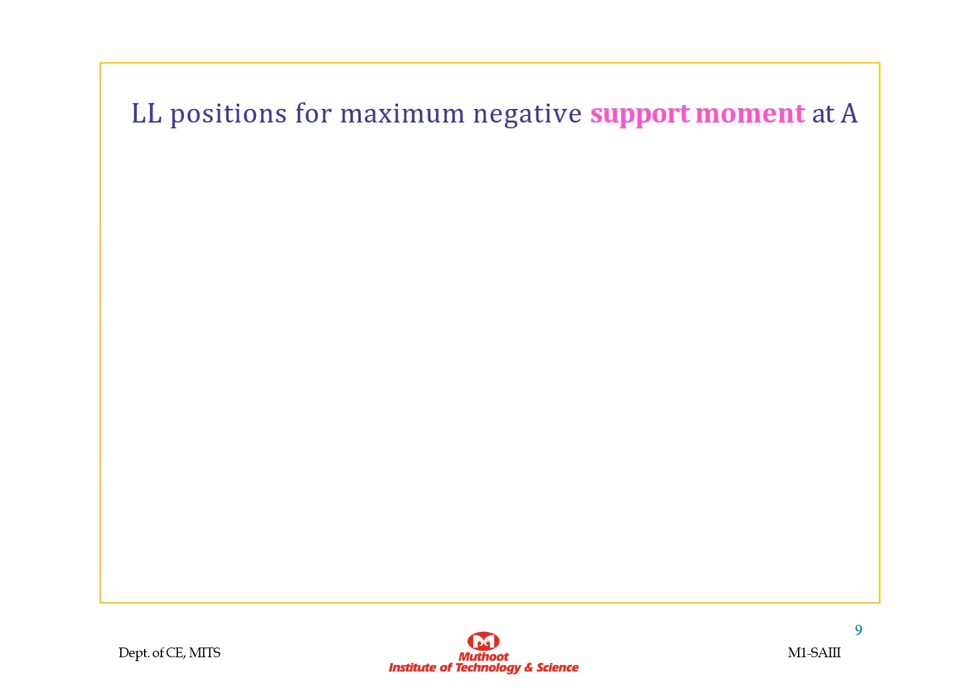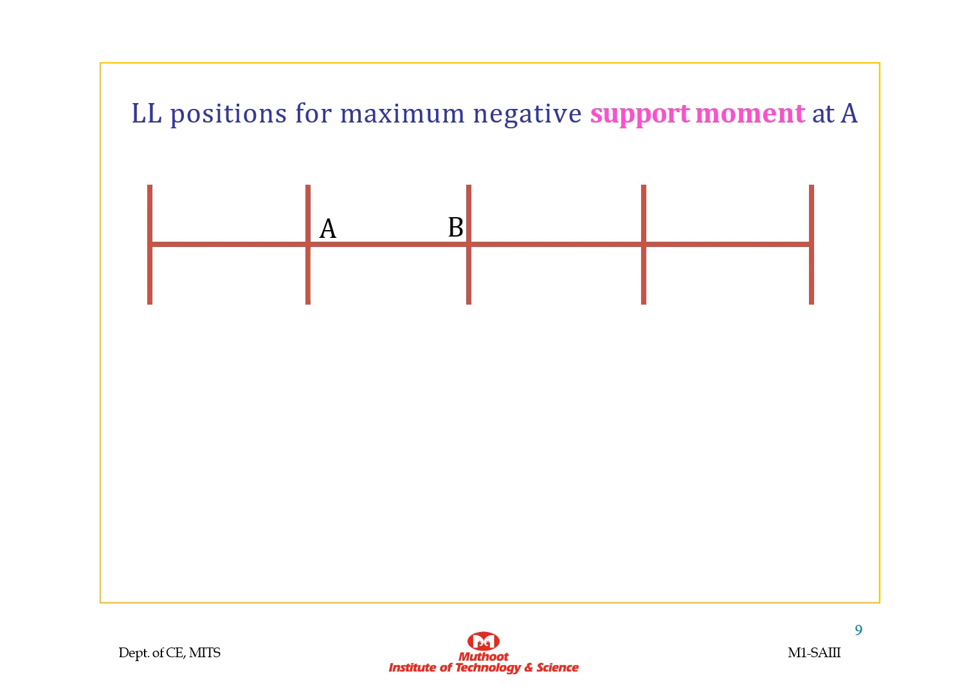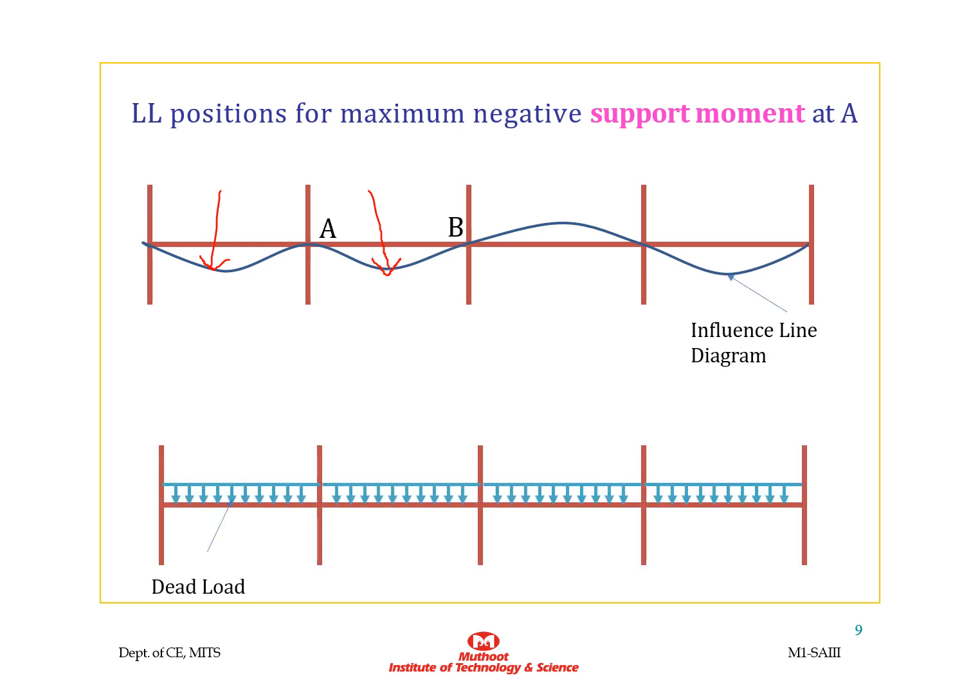Here is our third critical live load position, that is the live load position for getting maximum support moment. This is our substitute frame. This is support A and this is span AB. For a continuous beam, the support moment will be negative when the midspan is sagging. So for getting maximum negative support moment at support A, the adjacent span to the support A should be sagging like this. Look at the position of the influence line diagram at the adjacent span to the support A. For getting an influence line diagram like this, the live load position should be like this. The adjacent span to the particular support under consideration should be loaded with the live load,